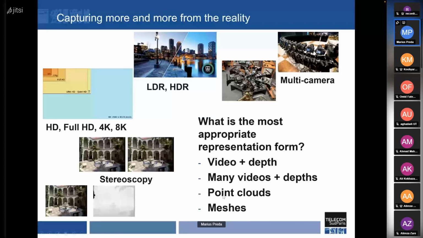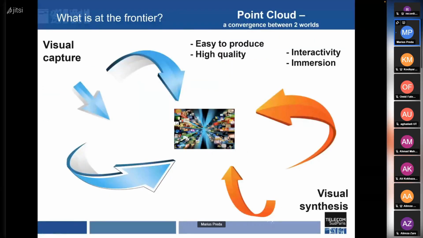Okay, let's have a look at what technology is about when we compress this kind of data. We found that the point cloud is the convergence between these two worlds: the world of visual capturing by using cameras, plus sometimes some depth sensors, and the visual synthesis, in the sense that it is a relatively easy to produce representation. It can be of very high quality if the cameras are good quality, but also it gives by design interactivity